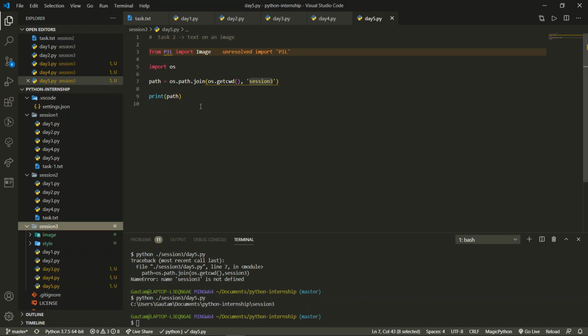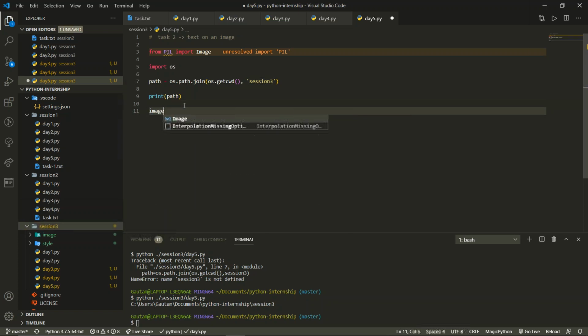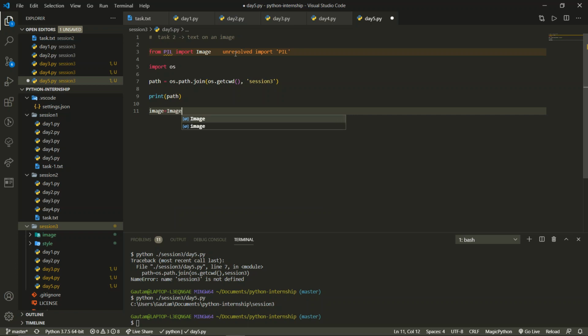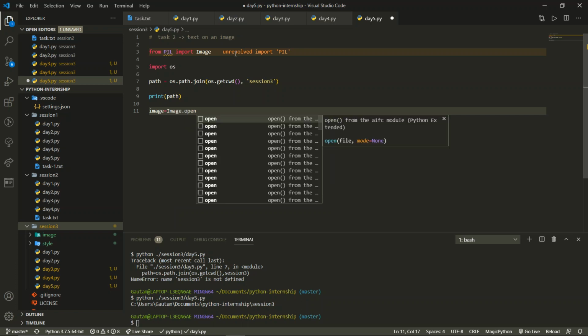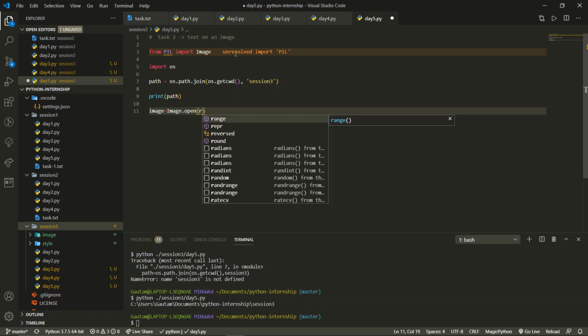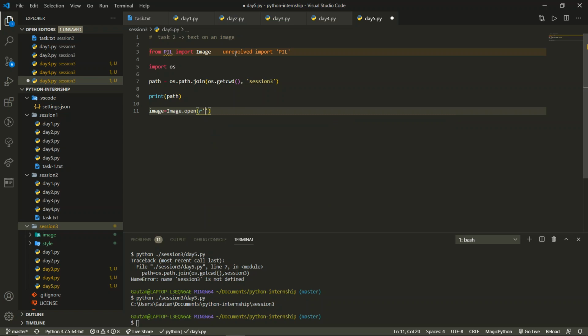And now the first thing is that we need to open the image. So for opening the image, we have to go for image. There's a variable that we have taken, image, from this import. We'll just open it: Image.open, and inside that we're going to give the path. Now you are asking how to give the path. The path should always be in, you can say, binary terms, okay, in bit terms. So for converting it, we just use r in Python: r and then a single quote after this. Single or double is up to you.